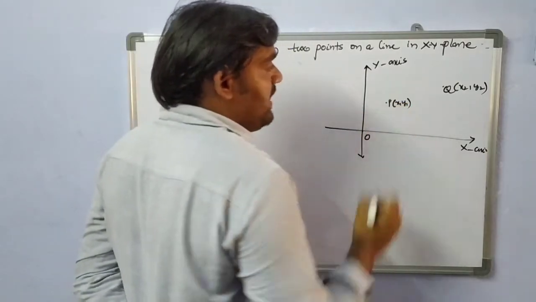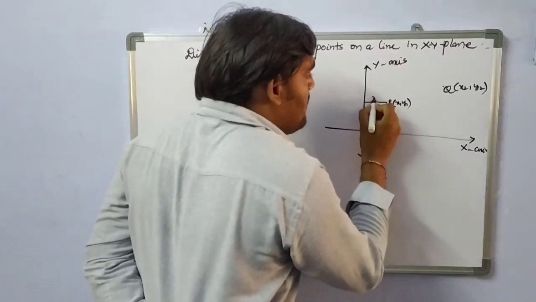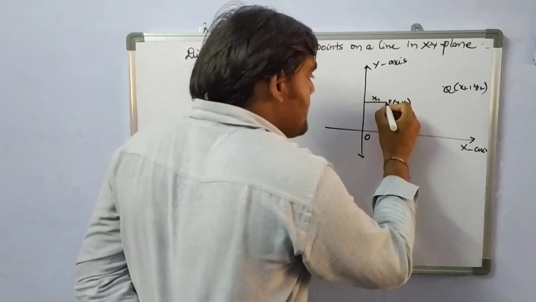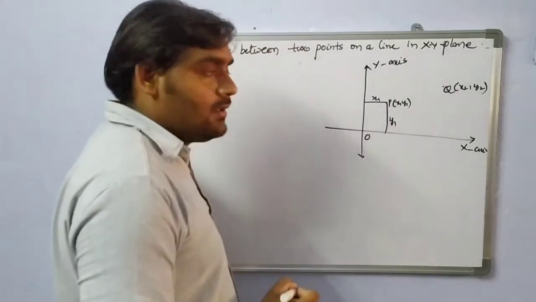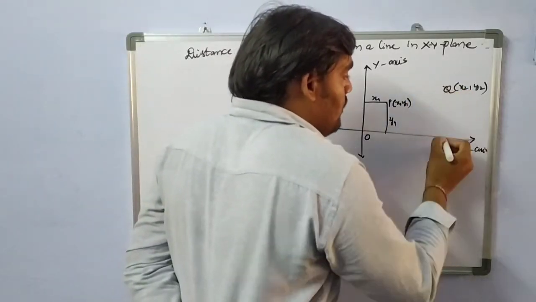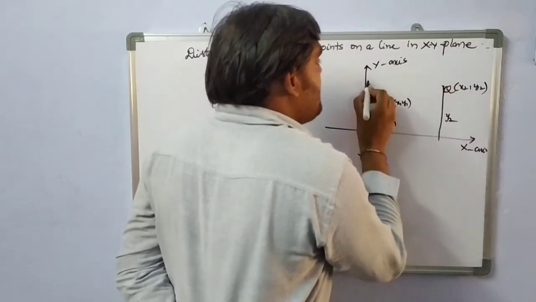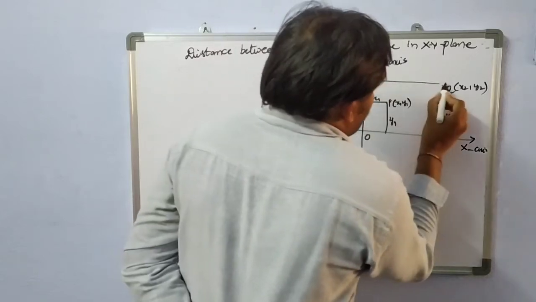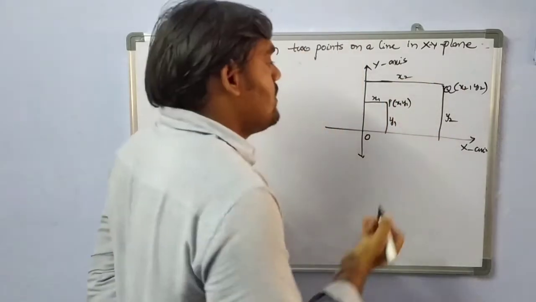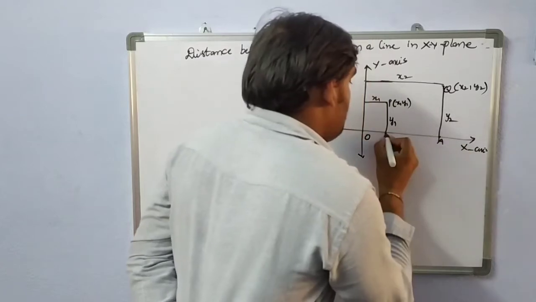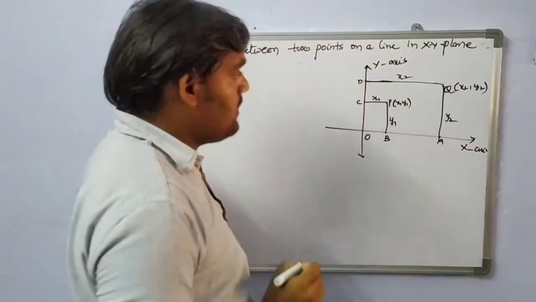So if you consider a point P here, the distance from the y-axis to the point P is the x coordinate, this is x1. Like that only, the distance from point P to the x-axis is the y coordinate, y1. Like that only here, from here to here, the distance is y2. Next, from here to here the distance is x2, isn't it? So name this one as A, this one as B, this one as C, this one as D, as per our wish, no problem at all.